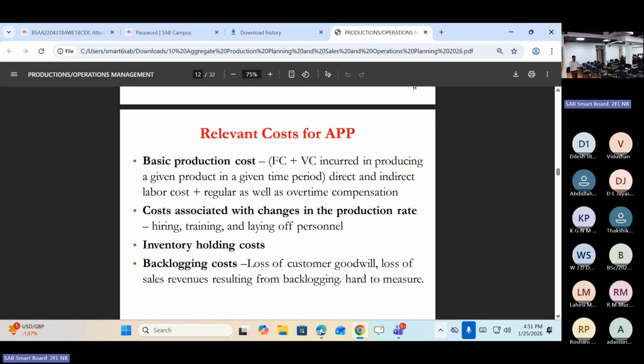That includes direct and indirect labor cost, as well as overtime compensation and all. Whatever the relevant production cost should be considered. That is one aspect of it. So labor cost related, we call it costs associated with the changes in the production rate, labor costs that are